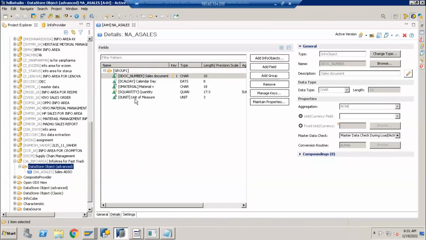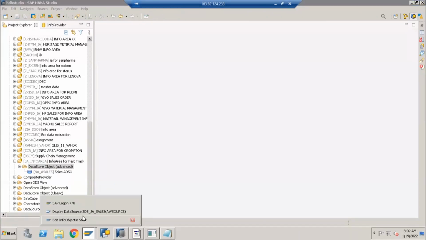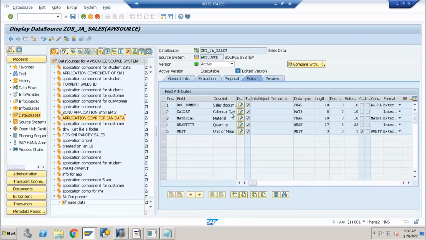Non-technical team means people who don't know much about how to do developments. They can also easily develop data flows in BW now by using a new functionality called field-based modeling. So what exactly is it? People can create a data source without much pain, because there is no need of an info object template.